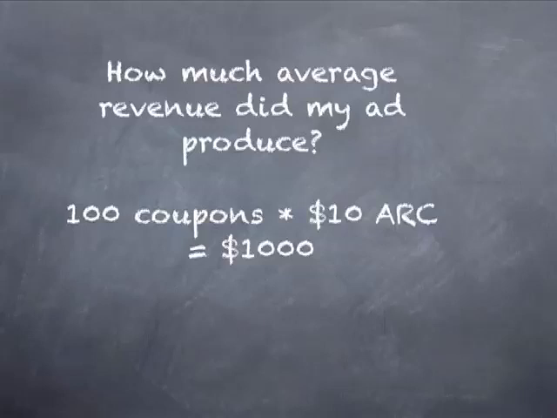Now, I do want to talk for a second about the fact that I'm using an average revenue. It would take a lot longer for me to actually figure out specifically how much revenue each of those coupons produced. That would mean that my waiters and waitresses would have to write down the total per check for every single coupon. I want to make this process as streamlined and efficient for you. So I suggest figuring out the average revenue produced and just roughing these numbers out, but using those consistent averages throughout the year so that you're comparing apples to apples as you look ad to ad and see how each ad performed.